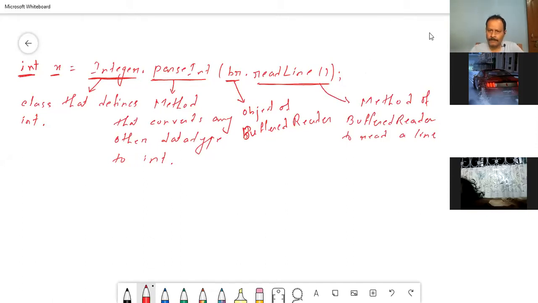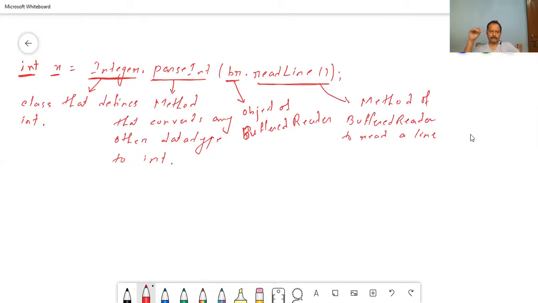Hopefully you can understand this. So this is the need. Now, if we use the input stream reader and buffered reader, we have to use this.